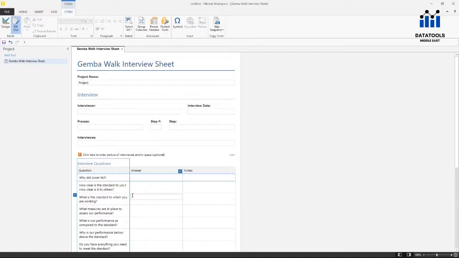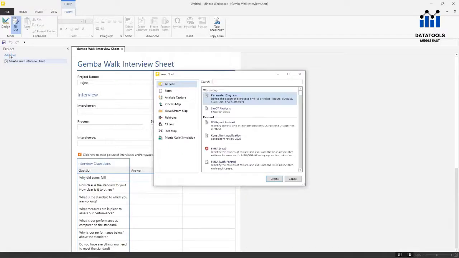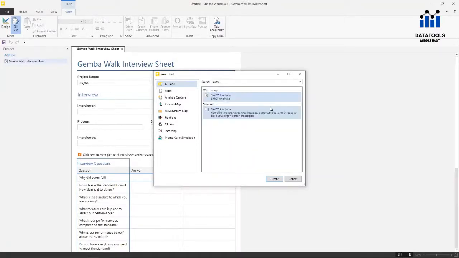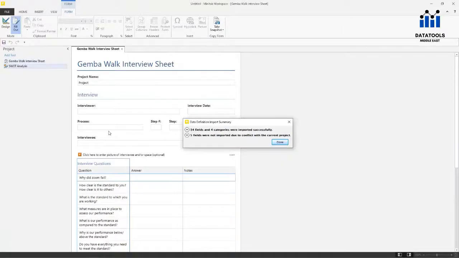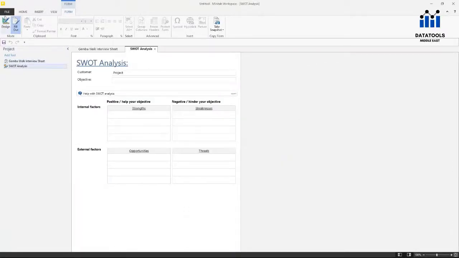The second tool that Vineet mentioned was the SWOT analysis. Now, if I wanted to, I could go back to File, New, and start there, or let's assume in this case we're actually building up some knowledge about our process or our factory or our business or our university. I can actually click on here and add a tool. So this is going to add another tool to the current file that I'm working on. So in this case, I'm going to do a search for SWOT. That's actually my SWOT, not the official SWOT. So let me add